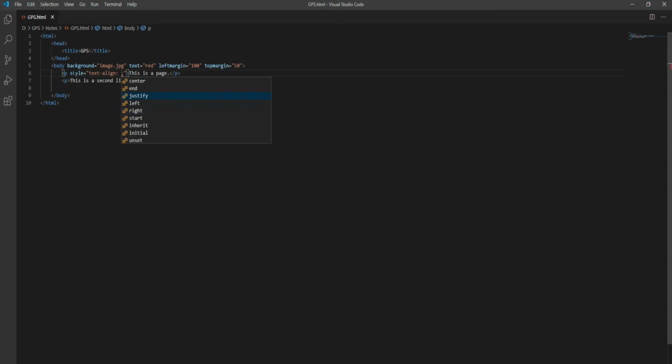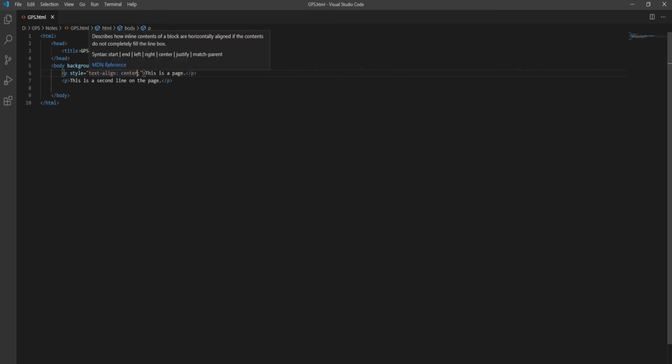If we want the center, then we have to write center here. We have to follow the syntax of the tag: style equals to text-align colon center, then a semicolon and a double quote. This string is written in double quotes, starting with a double quote and ending with a double quote.